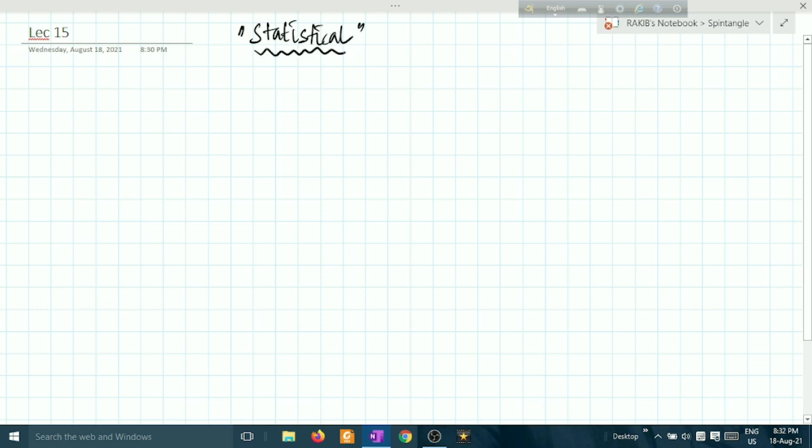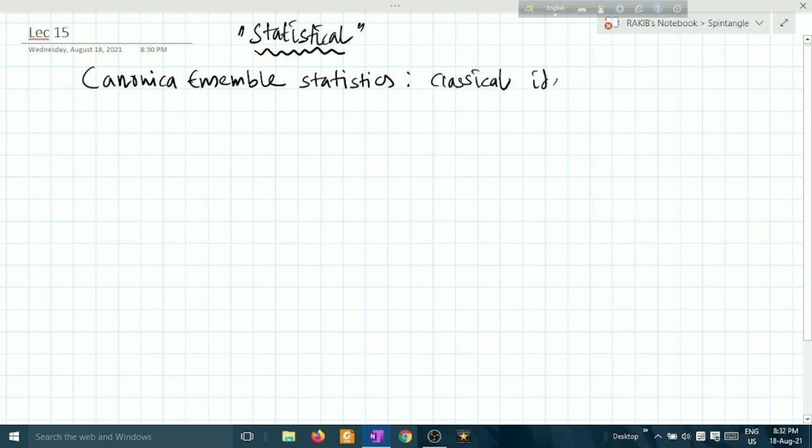In this lecture, we will be discussing canonical ensemble statistics in case of classical ideal gas. Okay, and therefore we will be moving on to our next topic. This is our first topic that we will be discussing: the classical ideal gas in case of canonical ensemble statistics,